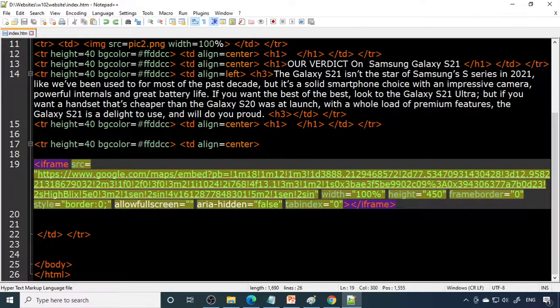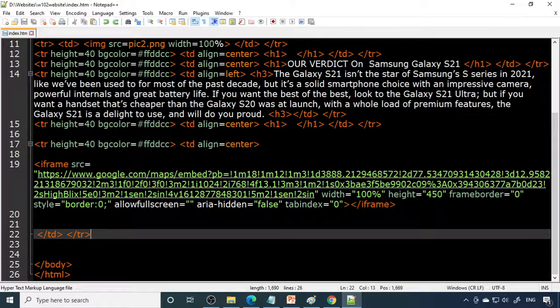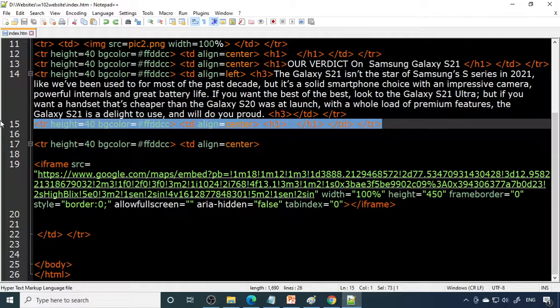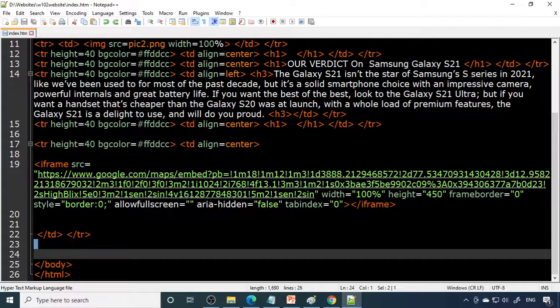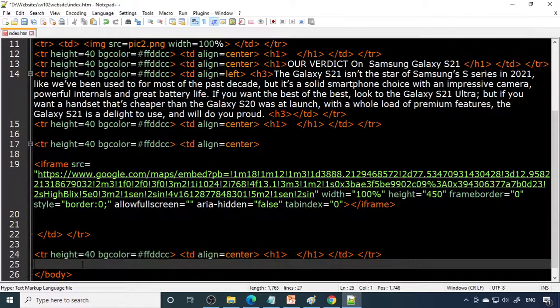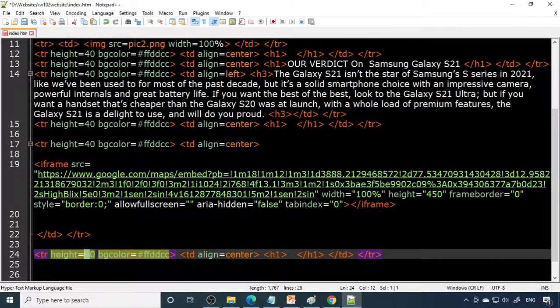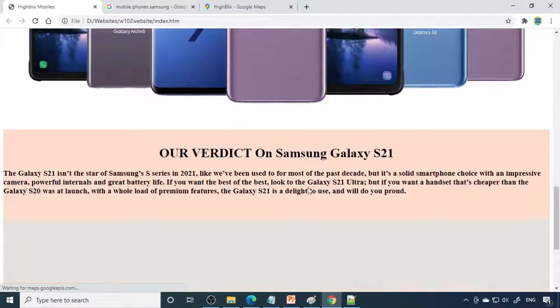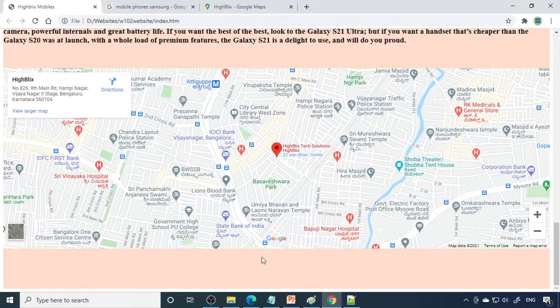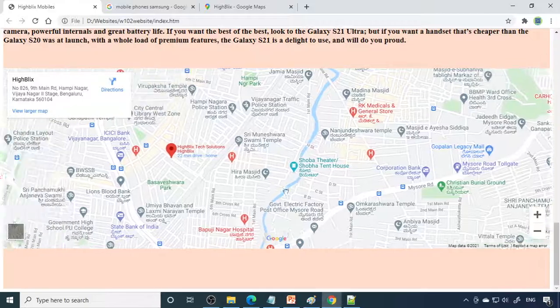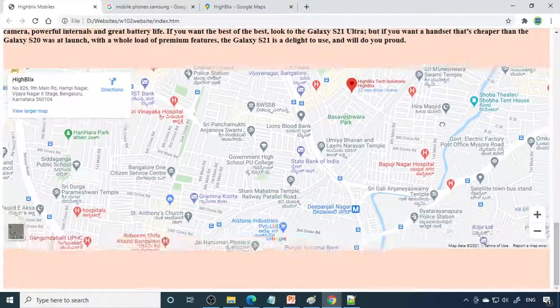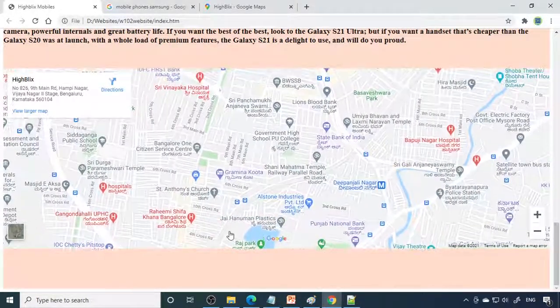So height 450, and then we'll put one more gap over there. So paste empty tr, and then here you can make 100. So after the picture we have again a gap here. So this is the map picture. You are able to zoom and see. If you want more height, we can always do so.